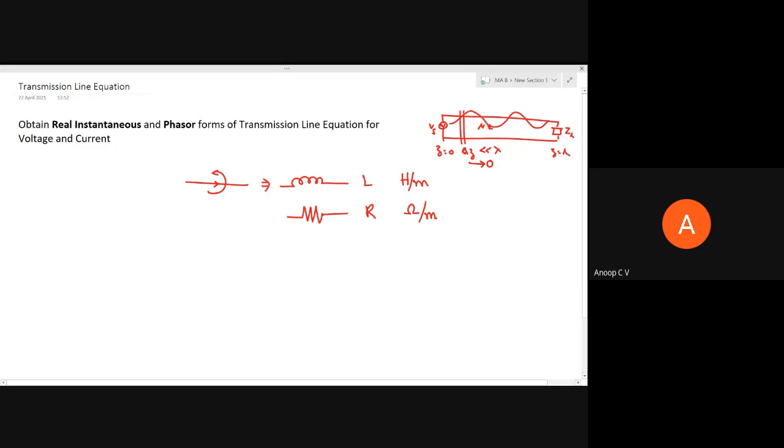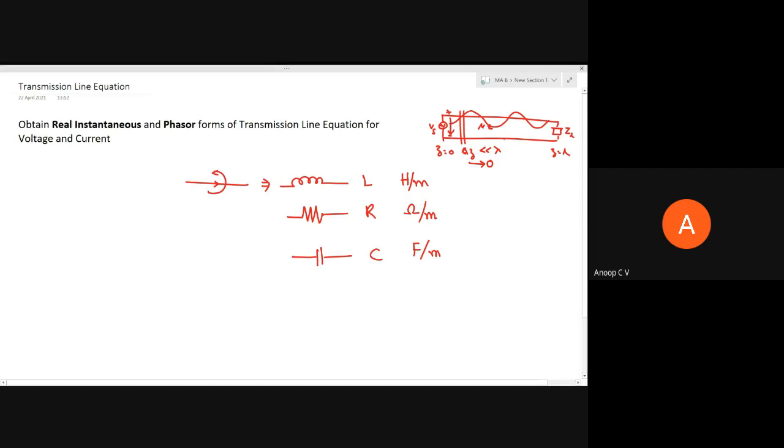Similarly, we have two parallel conducting wires, and if I induce some positive charge on the top wire, it will induce an equal but opposite negative charge, and there will be an electric field like this. So it constitutes a sort of capacitance. The electric field between these two can be modeled using a parallel capacitor, capacitance C, and it's not total capacitance as such, it is capacitance per unit length. So it is farad per meter.